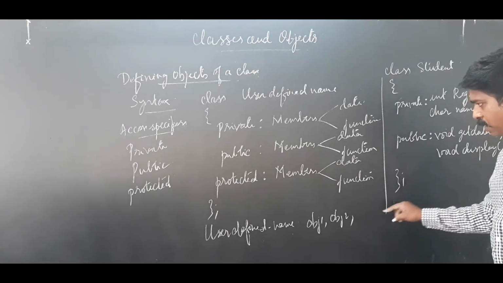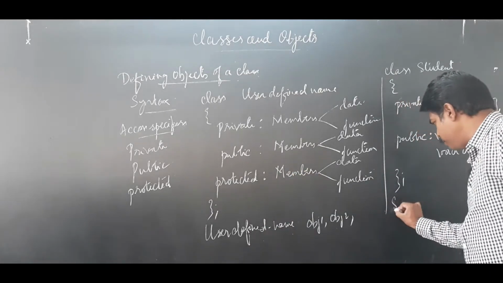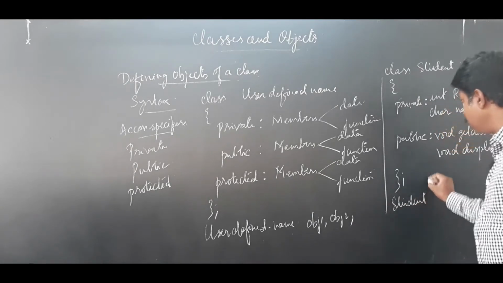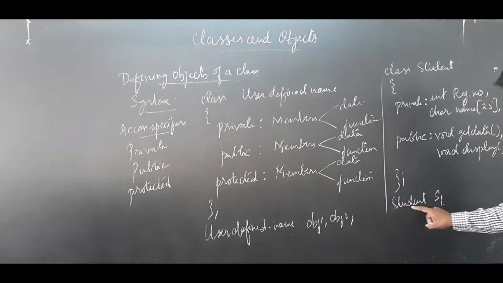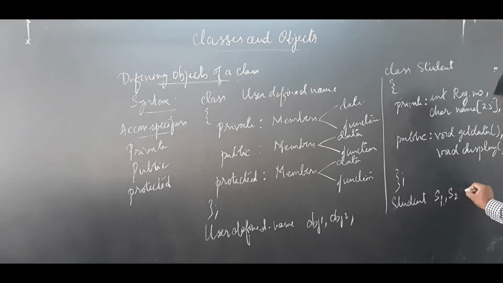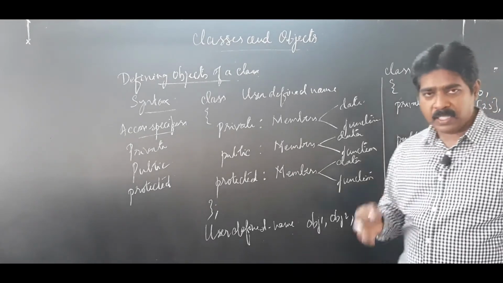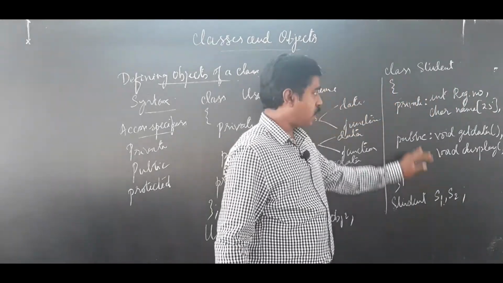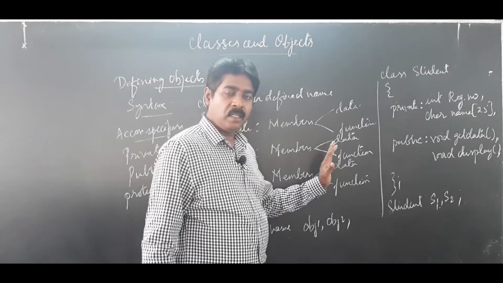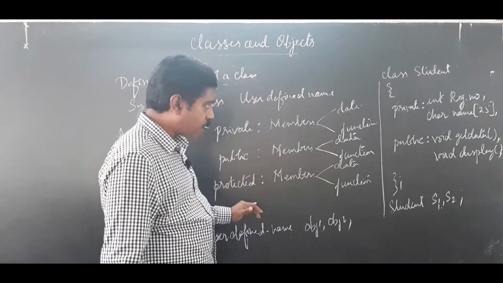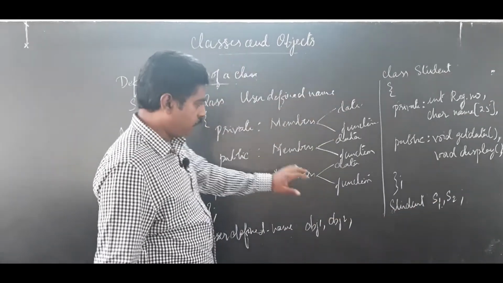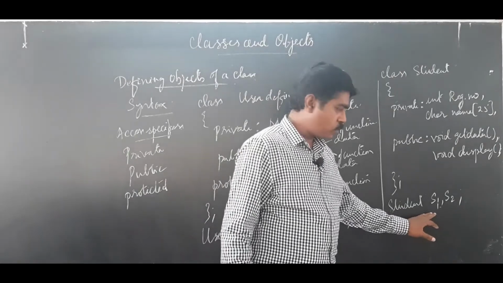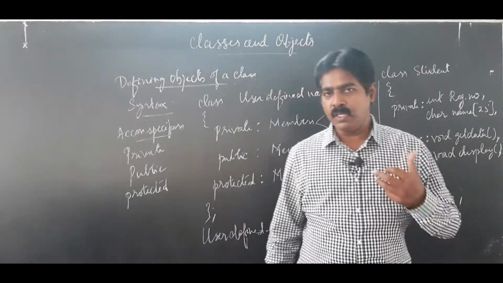That means the continuity of the class. So student, I am going to write, that is the class name, and then we normally write the first letter of the class name, that is S1, comma, S2, semicolon. So S1 and S2 will be the objects of this class. The same thing you can write in the examination, that is the syntax and its example, and according to the topic we have written defining of objects, two objects. So this is the way we are going to define the object.